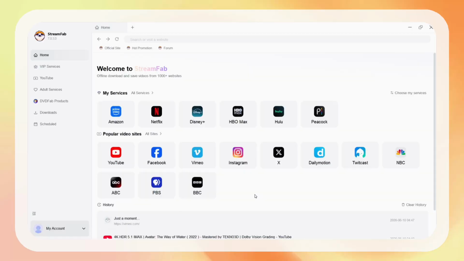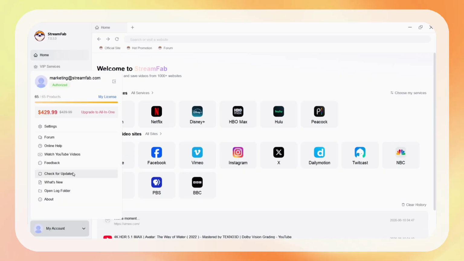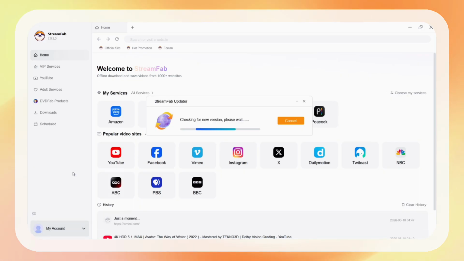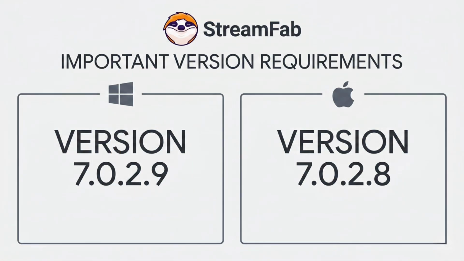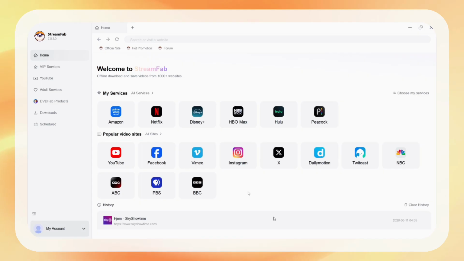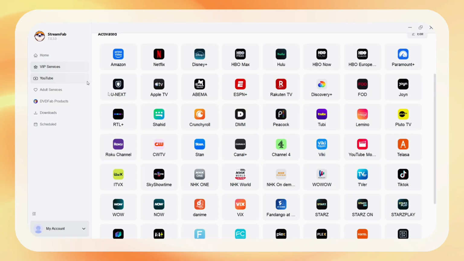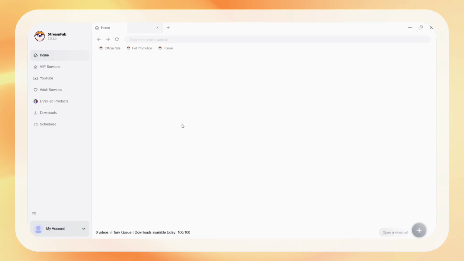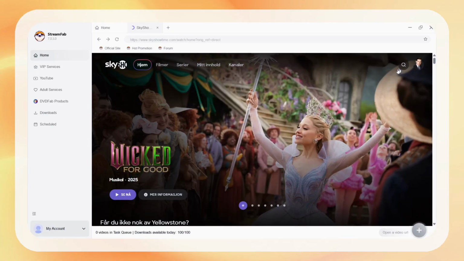Ready to upgrade your offline library? It literally takes 3 steps. First, boot up StreamFab and make sure you've updated your software. Windows users, you need to be on version 7.0.2.9, and for the Mac squad, look for version 7.0.2.8. If you are outside the service area, flip on your VPN first, then head into the SkyShowtime module and